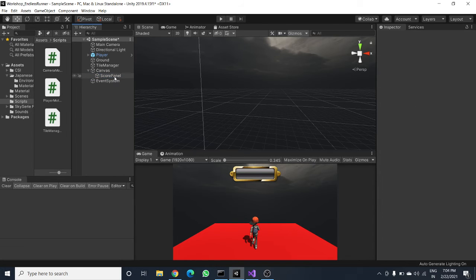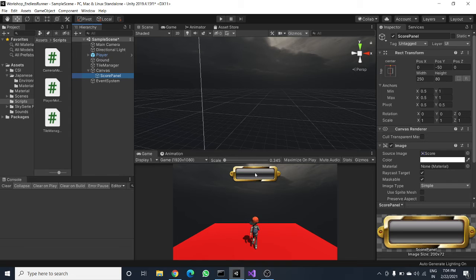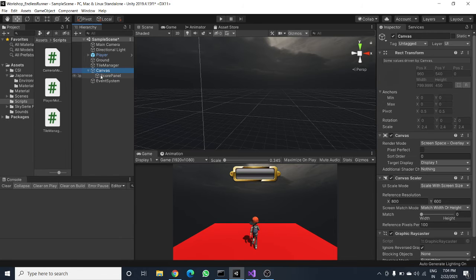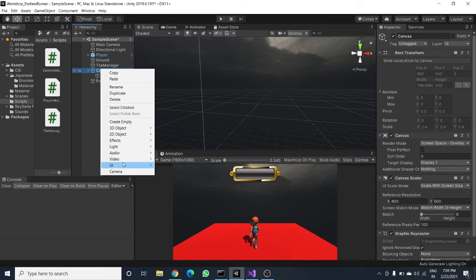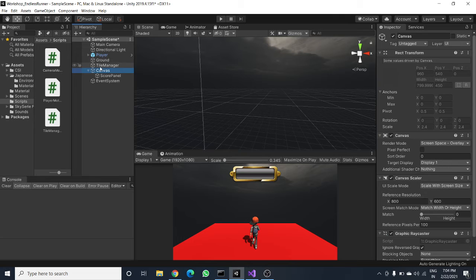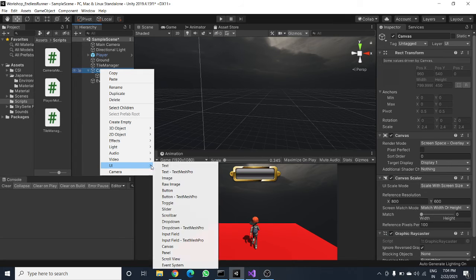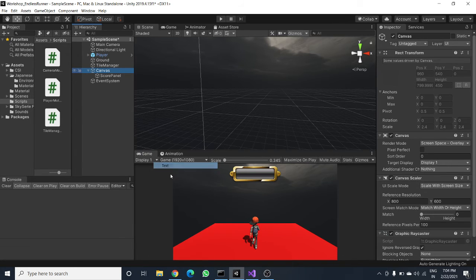In the Score Panel, now I want to have some text, something to be displayed in Unity. How do we create this? Just right click on the Canvas, go to UI, and you have Text. Just wait for a second for it to be created.